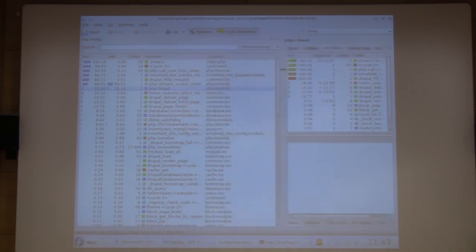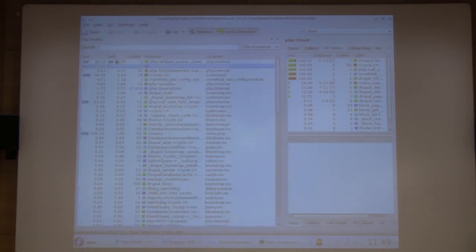It's a bit complex output, but you can order the results, for example, by the self time. The self time means the time the function spends to execute itself. It doesn't include the functions that function calls. With self time, we see that PHP stream socket client is the most resource hungry function, but